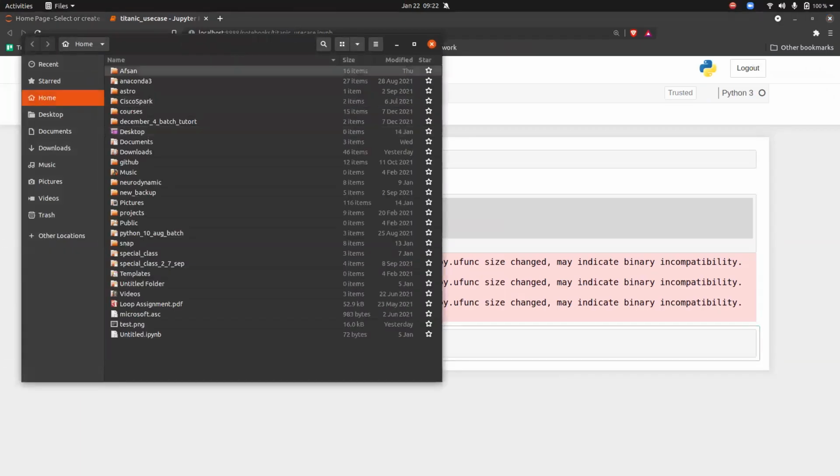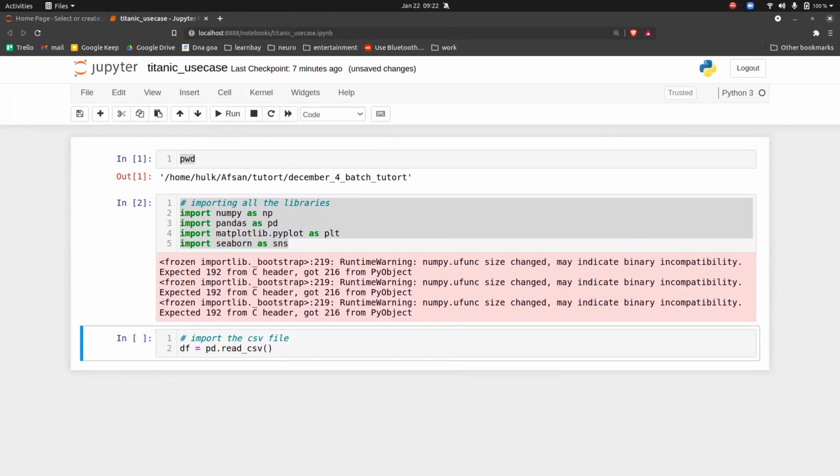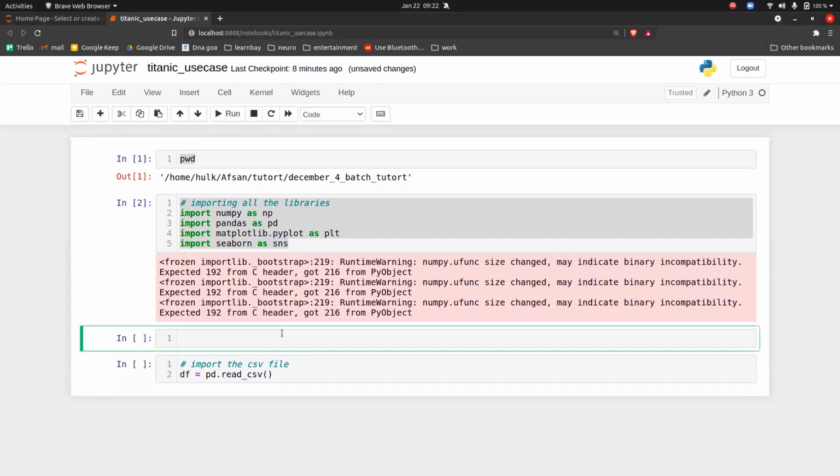So let me get my files quickly. If you want to see all the files in this particular directory, you can do ls and execute it.